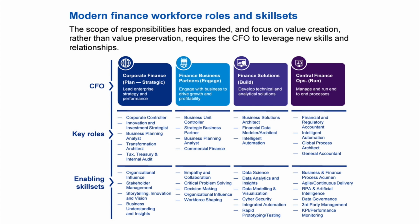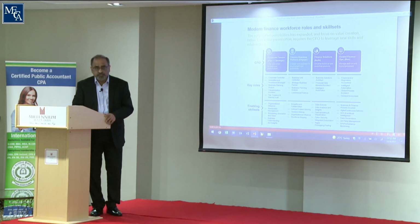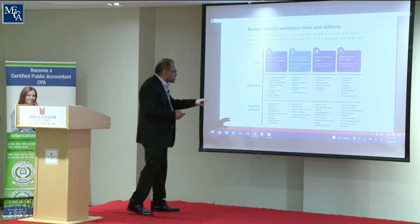And then finance role is mainly dedicated to business support, decision support, become a strategic partner, and of course, some corporate level functions. And so everybody is not a CFO, right? You cannot decide the corporate policy or direction, but most important thing for you is your future career. What is the game plan for your career? Because it's going to change a lot. Some organizations,